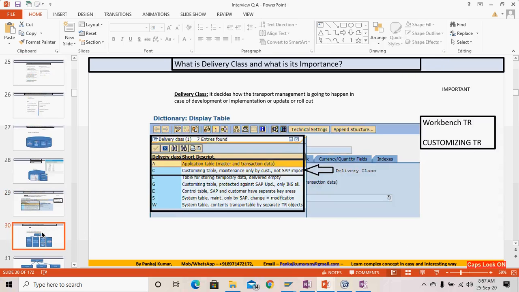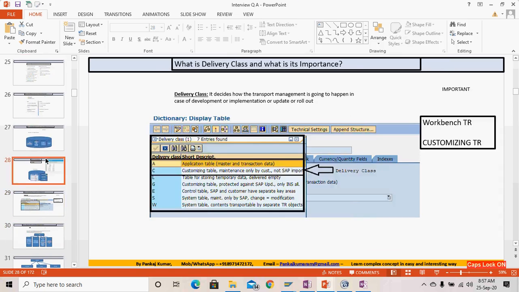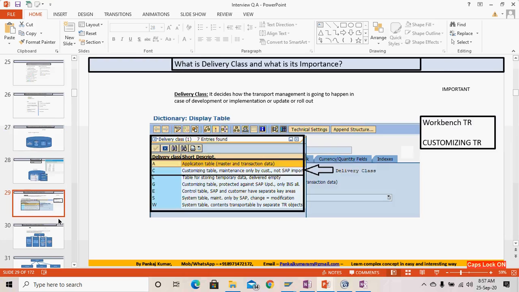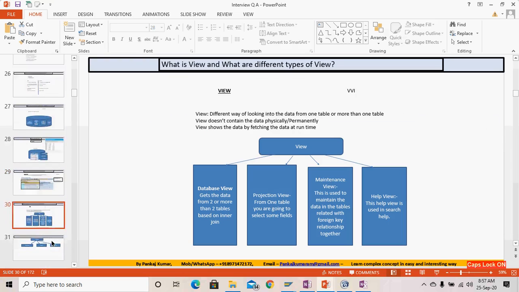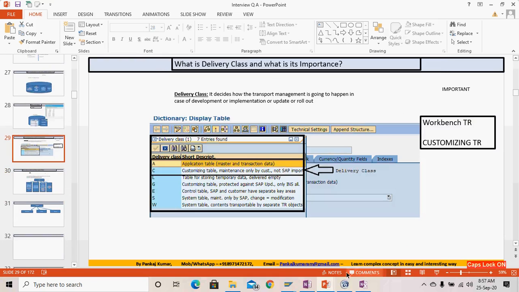Fine. So the table part we have completed, and tomorrow we will start with the view part. So whatever we have discussed, just remember this. Tomorrow I will ask the question, and then we will discuss from slide number 30 onwards. Fine. So if you have any question over here, just